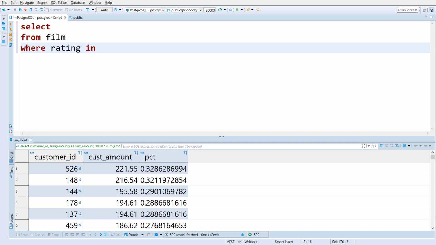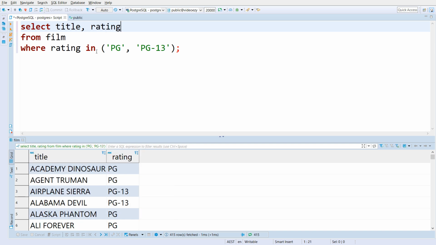And we can use in, and we can say where the rating is in PG or PG-13. And for each of those films, let's return the title and the rating. So in has been used to check membership when we had more than one value. For situations where you don't want to have to manually list out the different elements that you're checking, you could